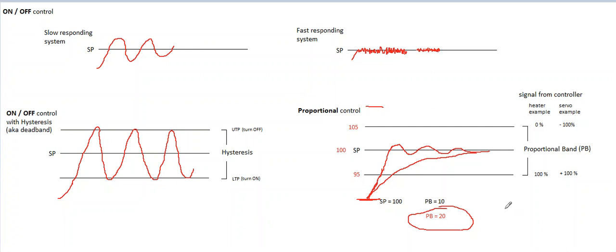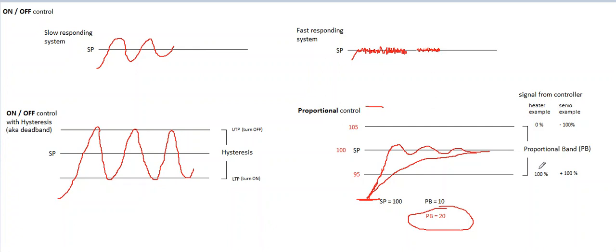So here I doubled the proportional band, and I got this kind of result. Or I cut the gain in half would be another way you could say it. I do have a session, I'll do a video on that makes that clear, the relationship between proportional band and gain, helps define gain. I think you can see that for the proportional band of 10, our original example, we have the 100%